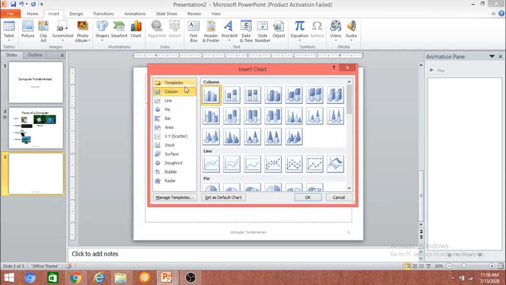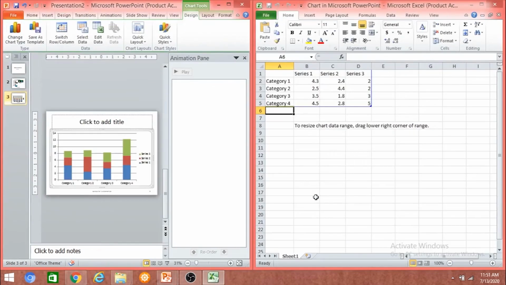Select the type of chart from the category list on the left, or simply scroll through the gallery on the right to view all the available charts. Once you have made your selection, click OK. The chart will appear on your slide.